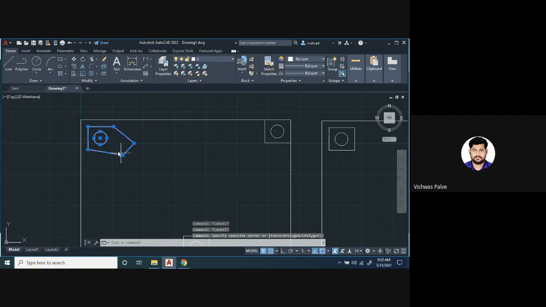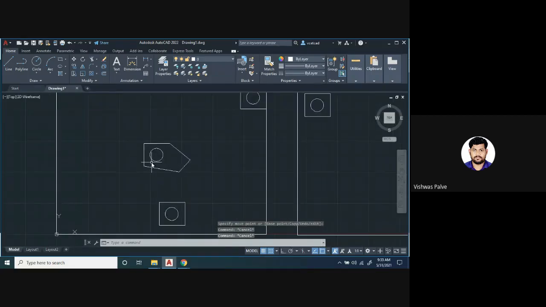Now the next option which we are going to use is the rotate option. Suppose I want to move this object: move your cursor over any of the points, it turns red, press enter. Then the first option is the stretch option. Again press enter. First select the object, press enter, stretch, press enter, move, press enter. You can repeat that command, move by some location. By selecting and dragging it directly, you can use the move option. I'll again show you this command.